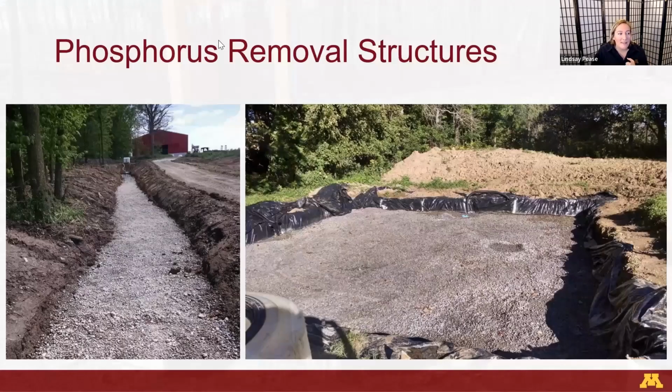The last practice I'm going to talk about today are phosphorus removal structures. And like I mentioned, these are the equivalent practice for phosphorus that wood chip bioreactors are for nitrogen. These basically are ditches, or again, buried underground, containing a material that looks kind of like gravel, but actually is called steel slag. And this is a byproduct